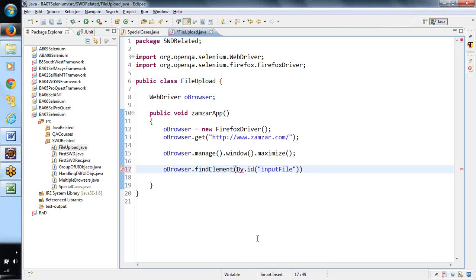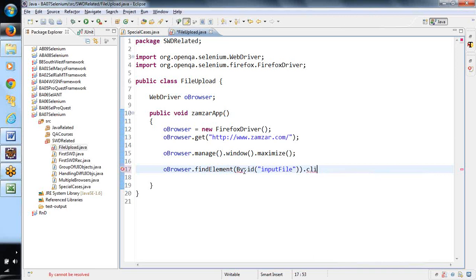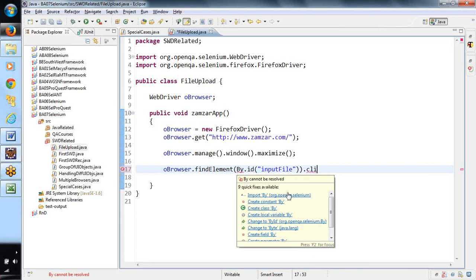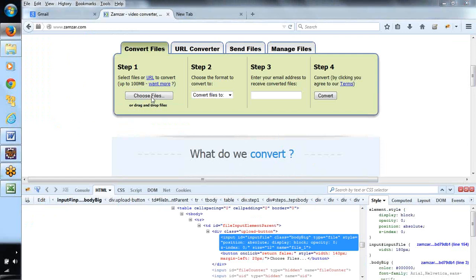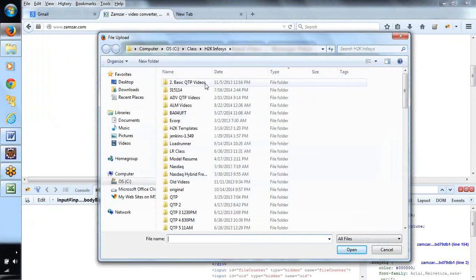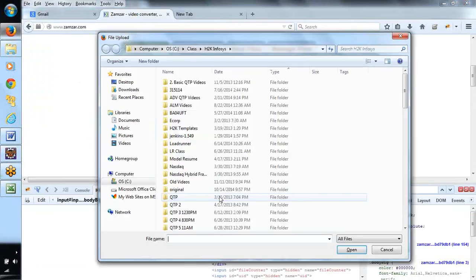First we want to click on it. So first we will be clicking on this, and after that we are going to get this particular window, and here we will be entering the file name. Everyone observe here.